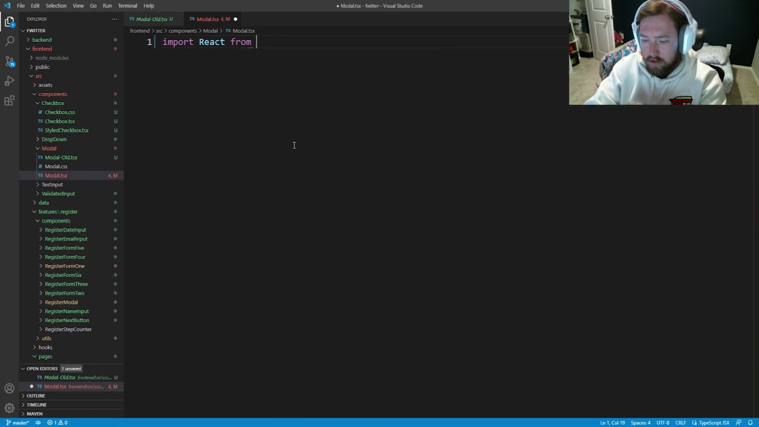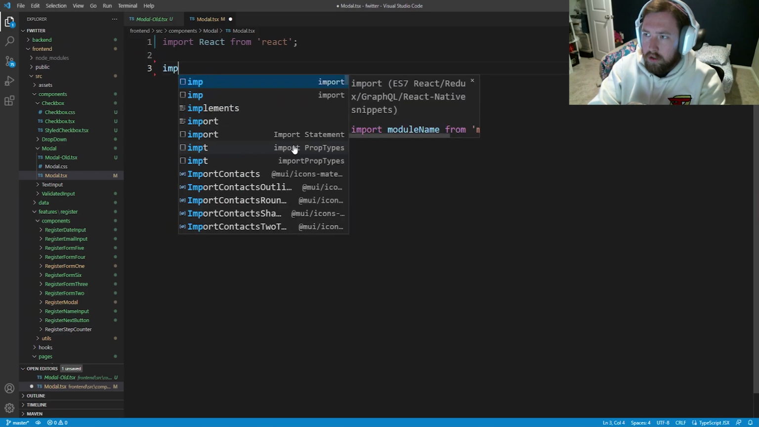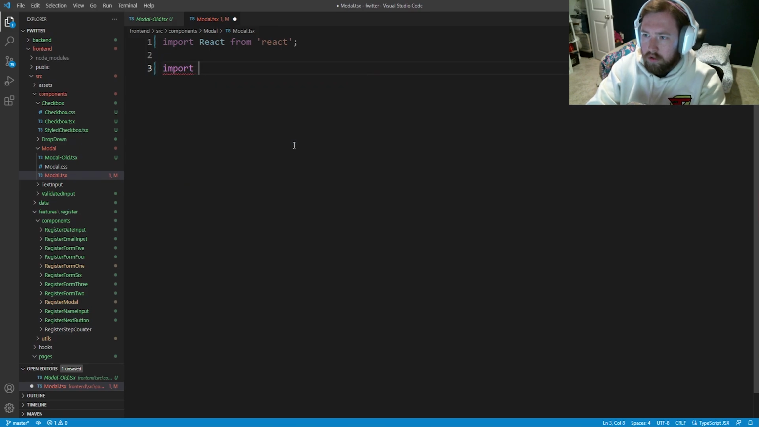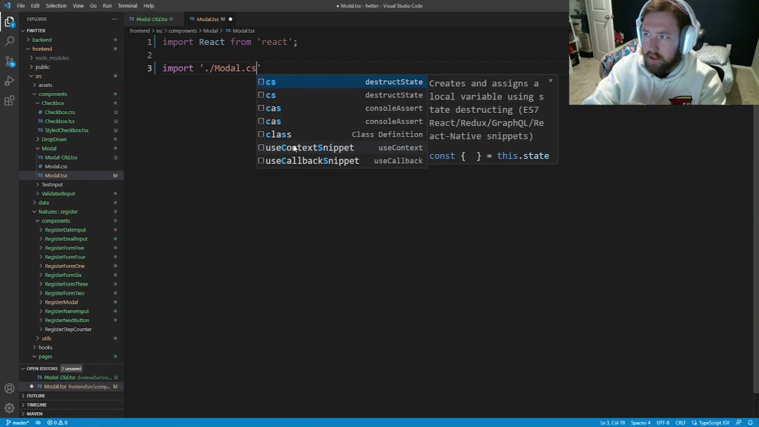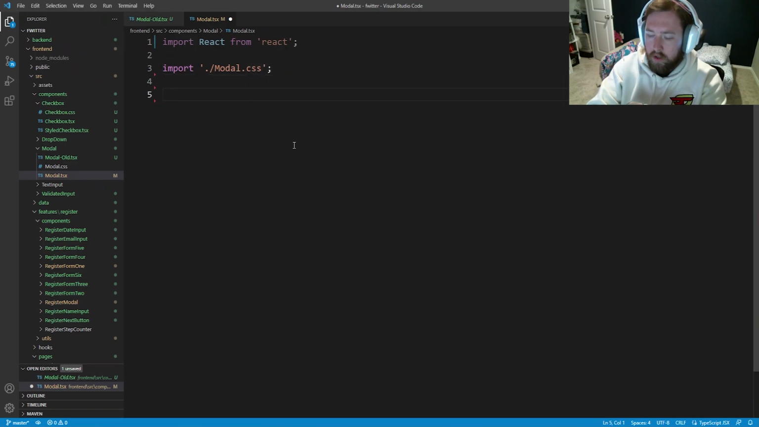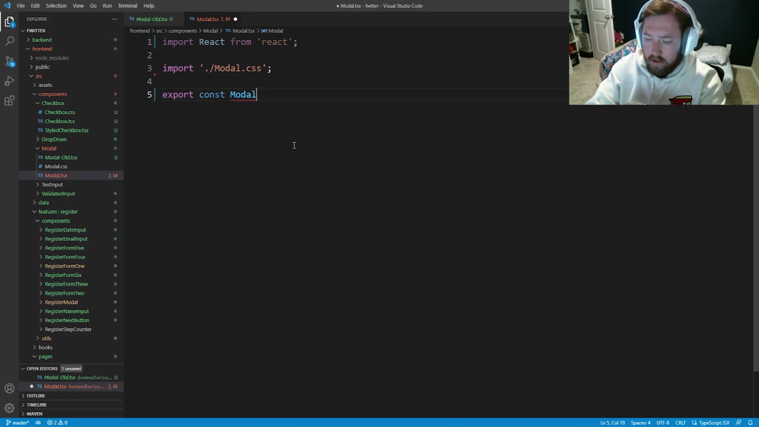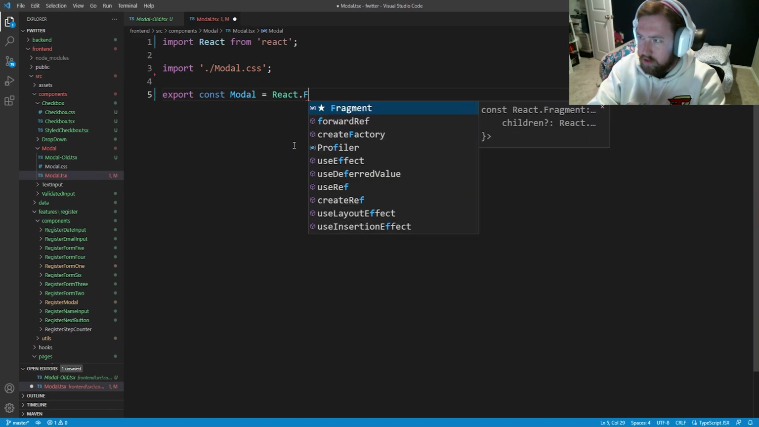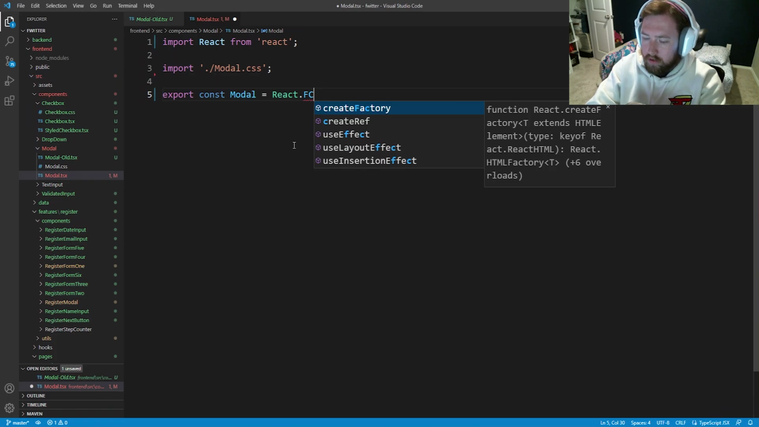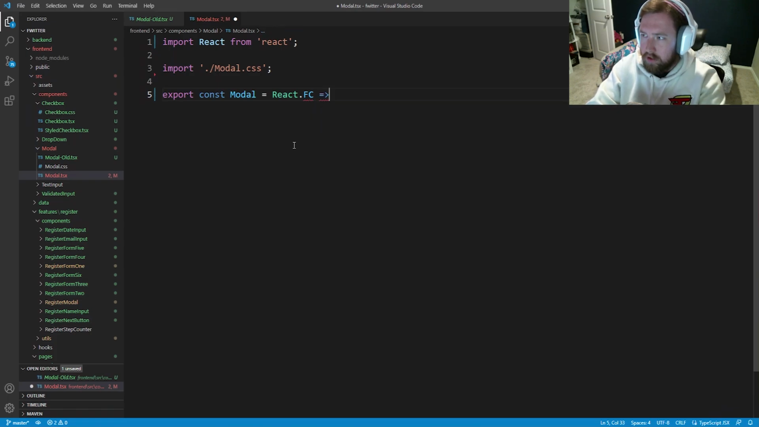I know I could be using shortcuts and whatnot, and I'm also going to want the imports modal, I'll say ./modal.css, and we'll go ahead and say export const, and then we'll say Modal is equal to a React.FC. I don't know what this is going to take currently, so we're just going to leave it like this. And I messed this up. This should be Modal: